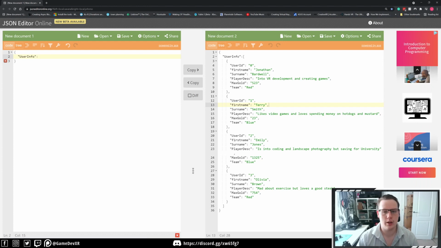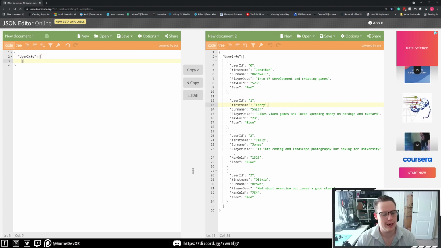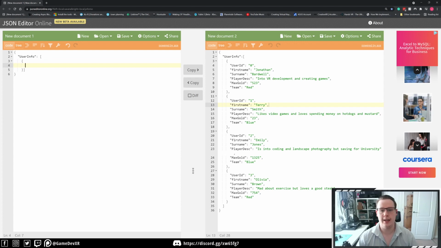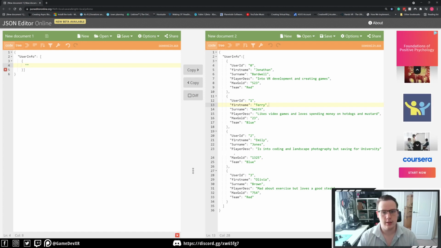So if we just had one lot of information, we could then just leave it as a string. But I want to do a square bracket, I'm going to hit enter. And that's essentially going to say that any information here will be an array. We're going to do a curly bracket, we'll hit enter. And now we can actually start adding in that information. So what we could do is, speech marks and then user ID. And then we'll do speech marks with our value followed by